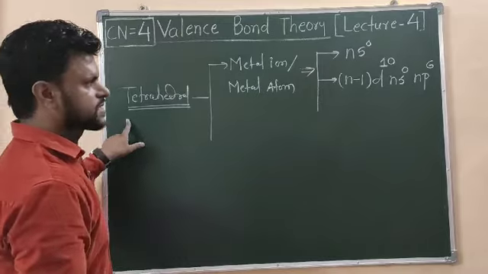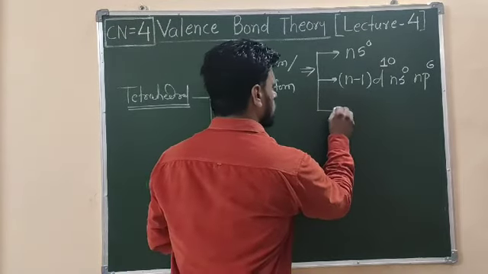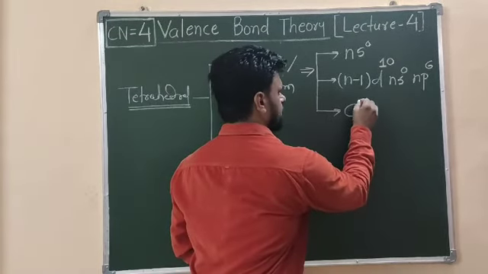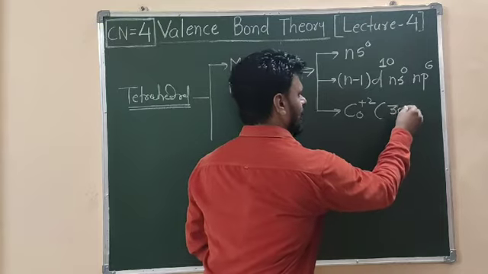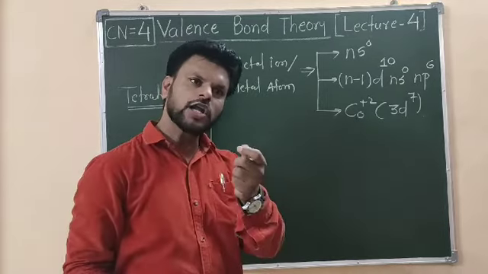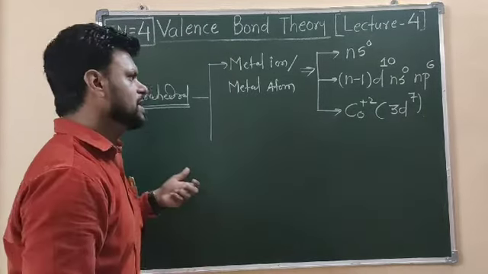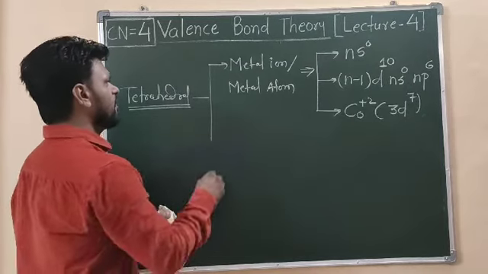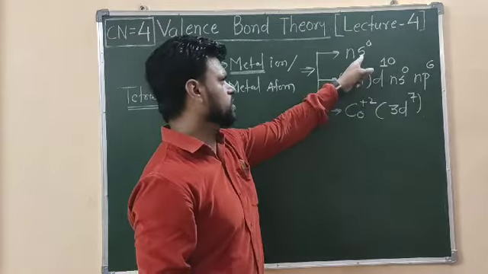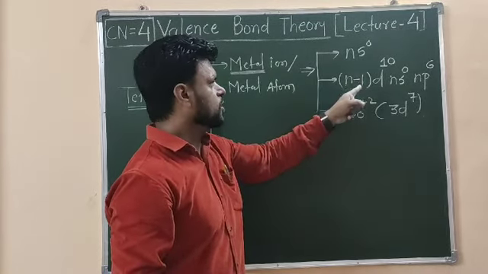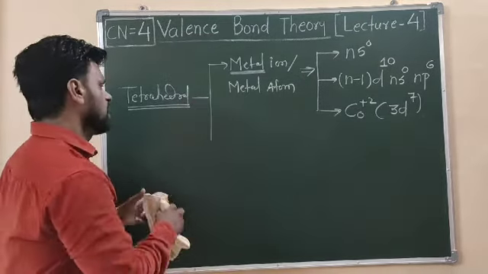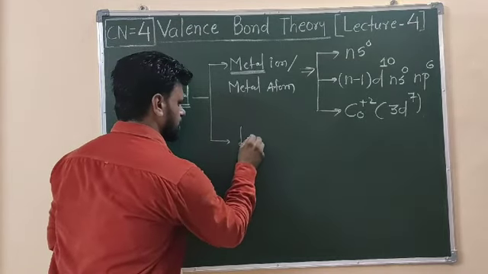Furthermore, you should also know that there are some metal ions, especially the cobalt plus 2 ion. Remember that the cobalt plus 2 ion has a 3d7 system, and cobalt plus 2 with coordination number 4 mostly forms tetrahedral complexes. So when we need to find the metal ion, you always need to go for this electronic configuration, and remember that noble gas, pseudo noble gas electronic configurations as well as the cobalt plus 2 ion exhibit tetrahedral complexes.